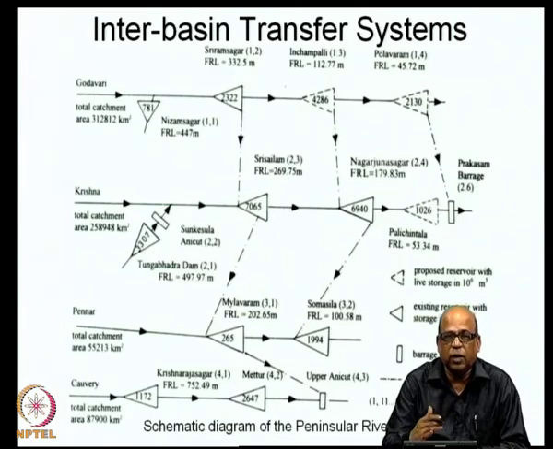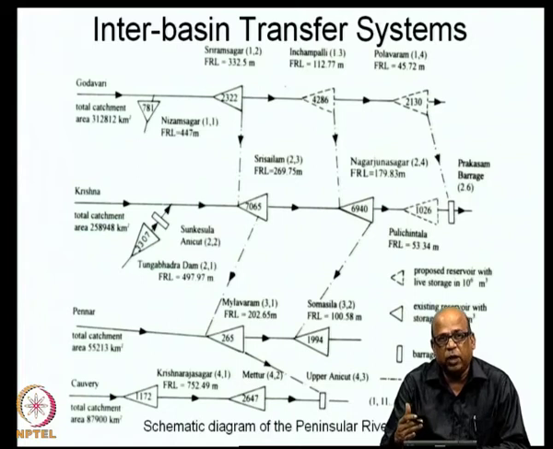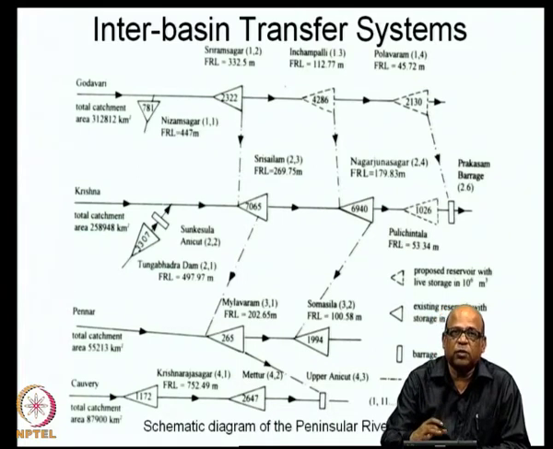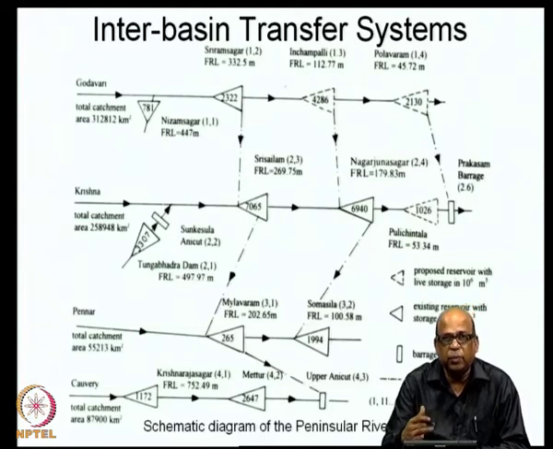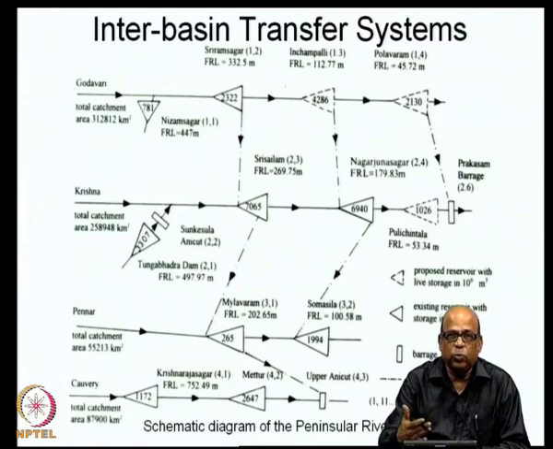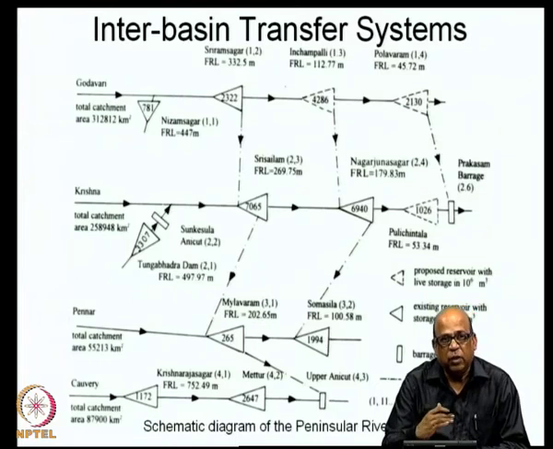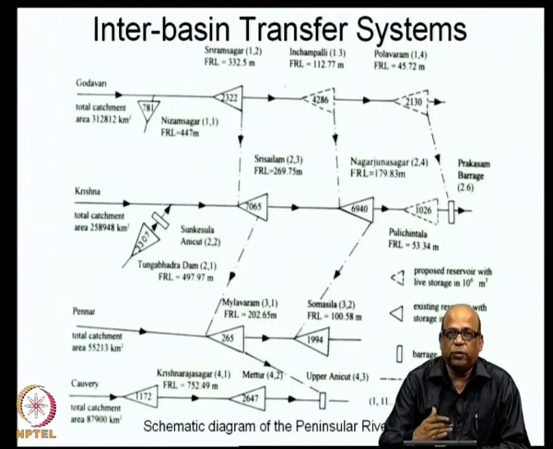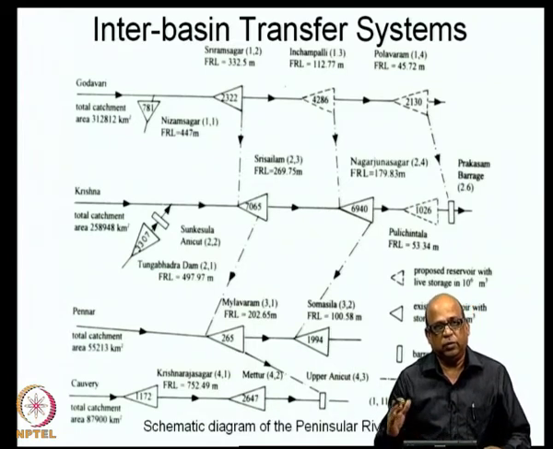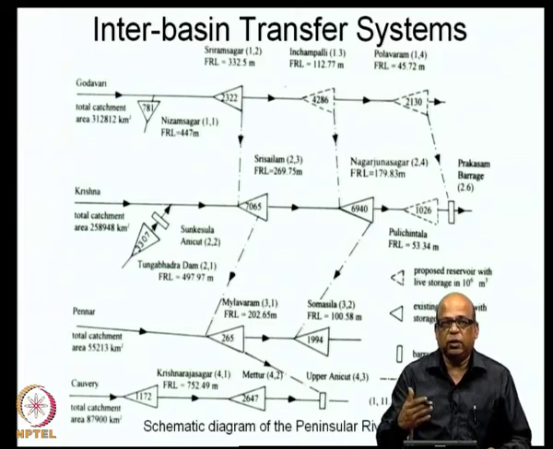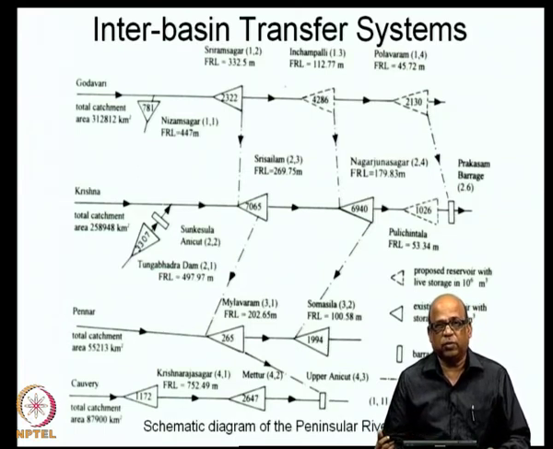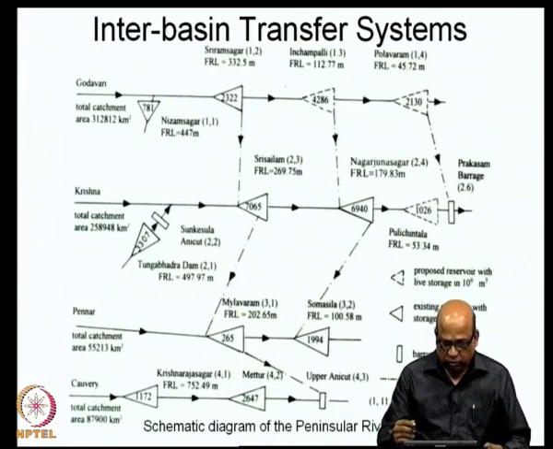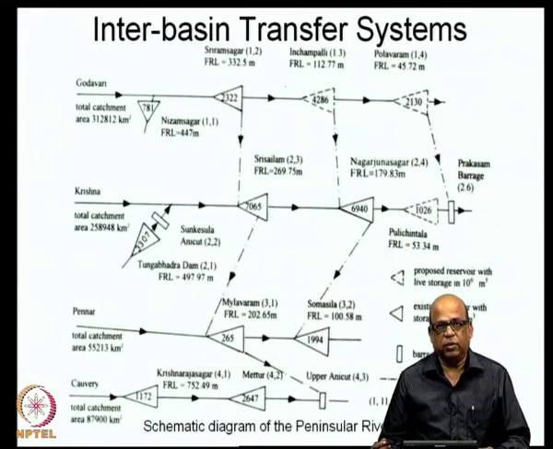So, you simulate these kinds of systems over a fairly long period of time and then look at whether such transfers are feasible, whether such transfers are reliable, whether such transfers can be used to increase the irrigation potential, can be used to increase the water supply potential, and so on. Because these systems are spatially large, you must analyze over a fairly long time horizon also. Typically we take 50 years, 60 years, 70-year sequences, and not one sequence; we analyze several such sequences. So, we will see now how we formulate such a problem.